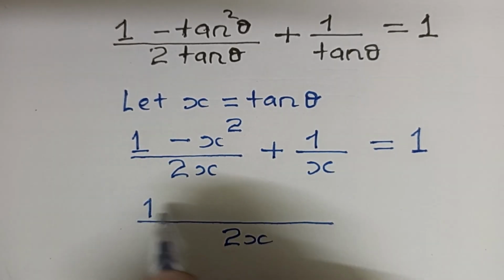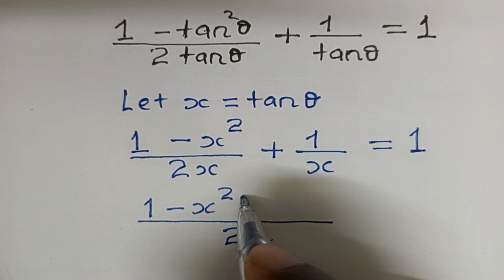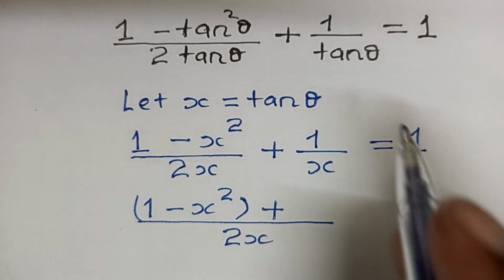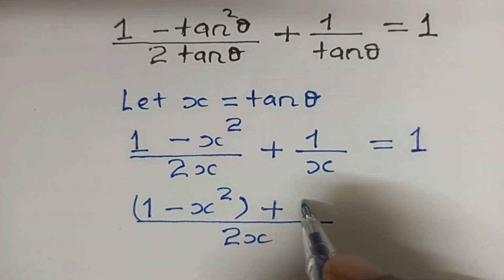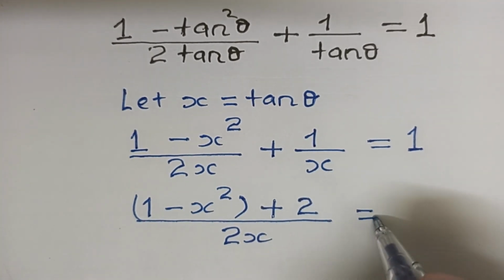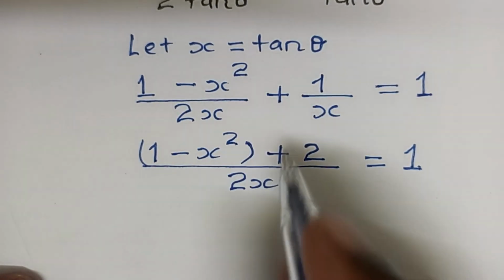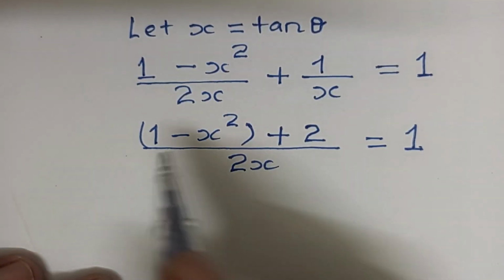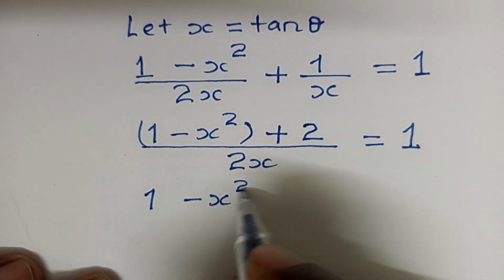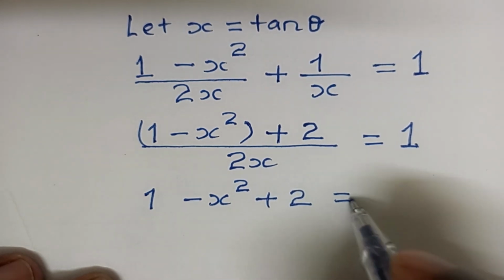So here we shall have 1 minus x squared, plus this one now comes to 2. This is equal to 1. And so therefore guys, we can now cross multiply, of which we shall have 1 minus x squared plus 2 equal to